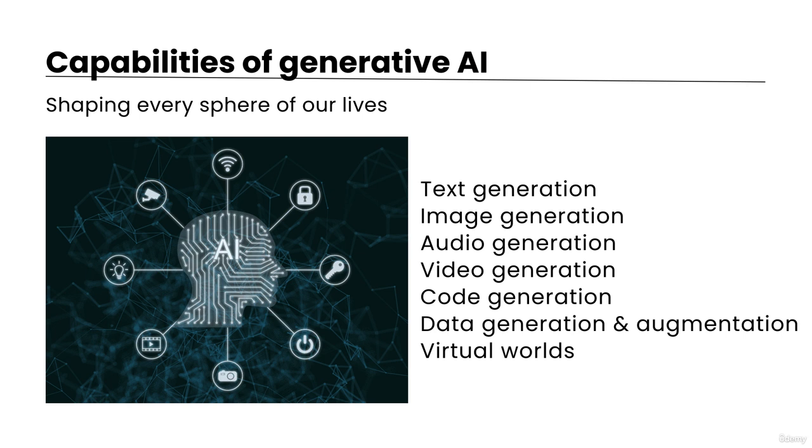The fifth capability is the code generation capability of generative AI. Generative models can generate code, functions, and programs. We will also discuss the data generation and augmentation capabilities of generative AI. This helps generate synthesized data to create and augment datasets. Finally, we will explore generative AI's capability to create real and immersive virtual worlds. These are just some of the capabilities of generative AI. Essentially, whatever the human mind is capable of conceiving is a potential use case for the application of generative AI. Now, let us deep dive into some of these capabilities.